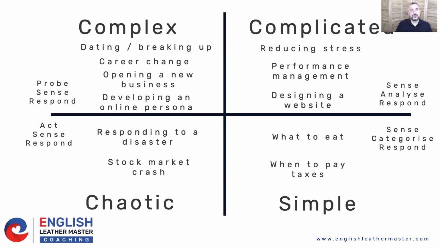The complex world is the one that people really, they try to act like it's complicated. They try to do everything up front and then wonder why they're not going anywhere. So dating or breaking up with people, they try to plan everything in advance and then it all goes horribly wrong when they realize that the world isn't as they expected it to be. Career change. People can't plan for career change in quite the same way, because you have to say, okay, what is working at this moment in time, and hone your CV, your adverts, your letters, all of these things, and also go off and look for what skills are needed, etc.